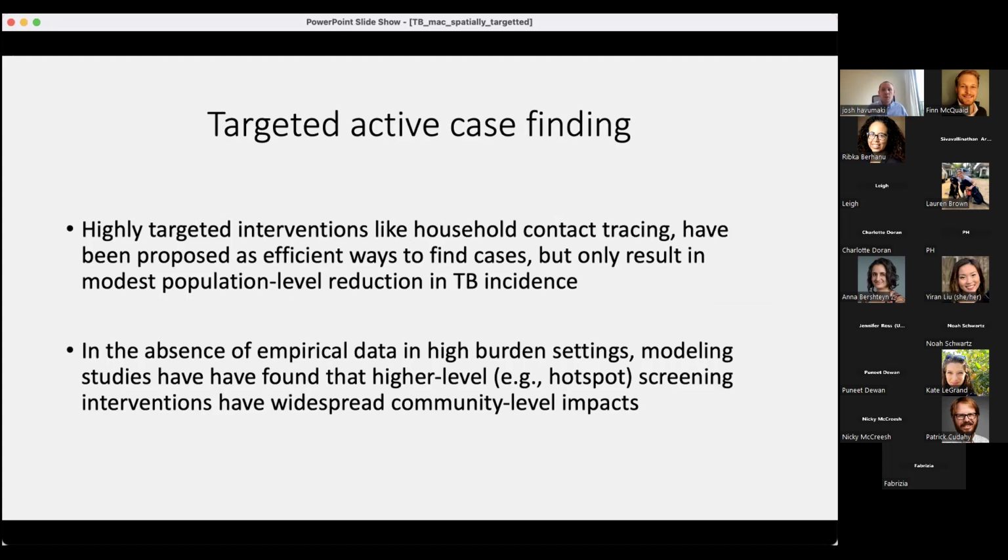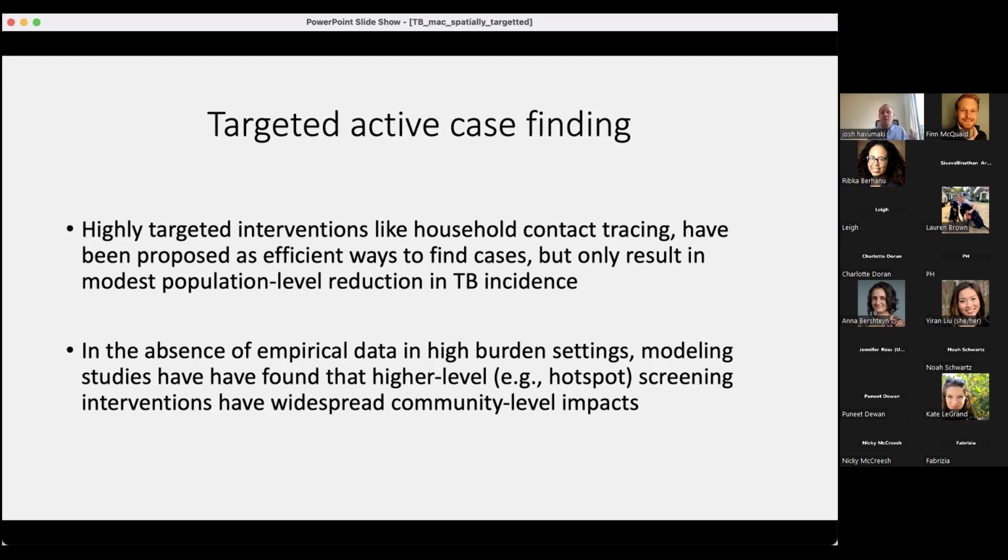To go into more specific spatially targeted intervention details, there are very highly targeted interventions, which again, I'm sure most people know, like household contact tracing, and those have been proposed as very efficient ways to find new cases. Basically, if there's an index case in a house, you test everyone else in the house to find previously untreated or undiagnosed cases, but they seem to result in only modest population level reduction in TB